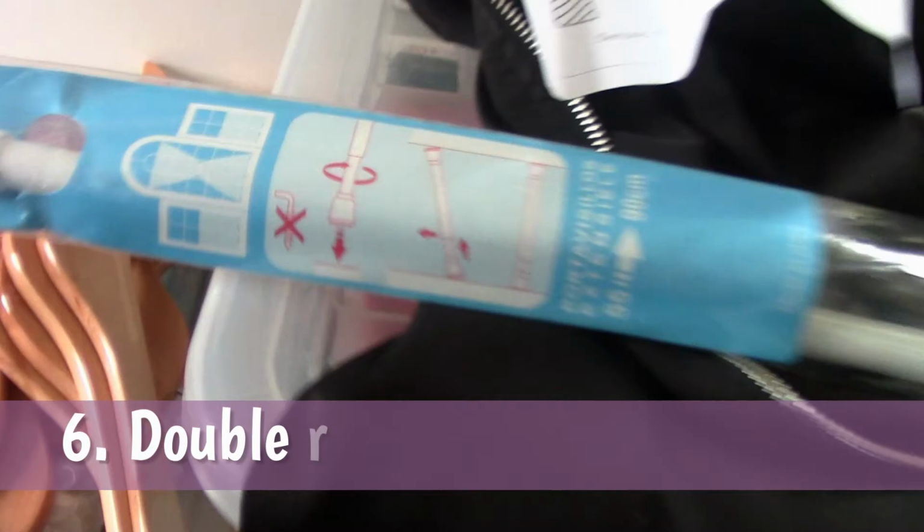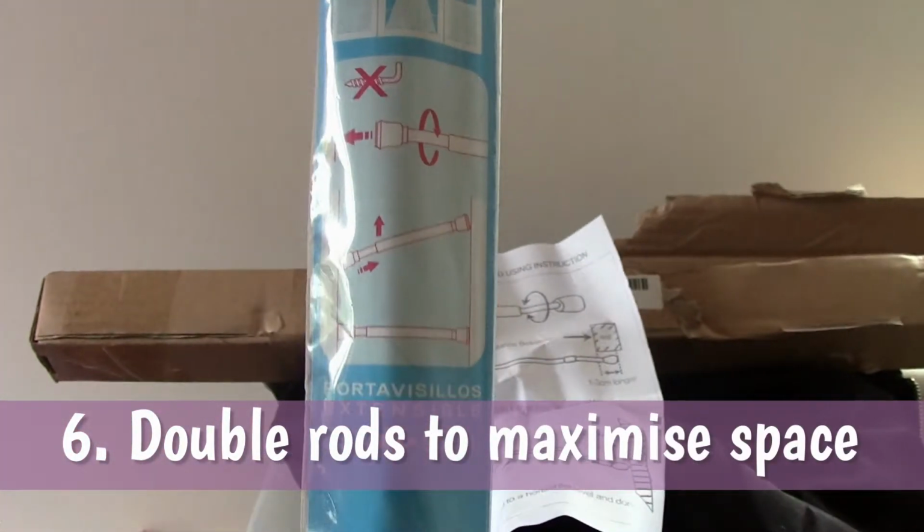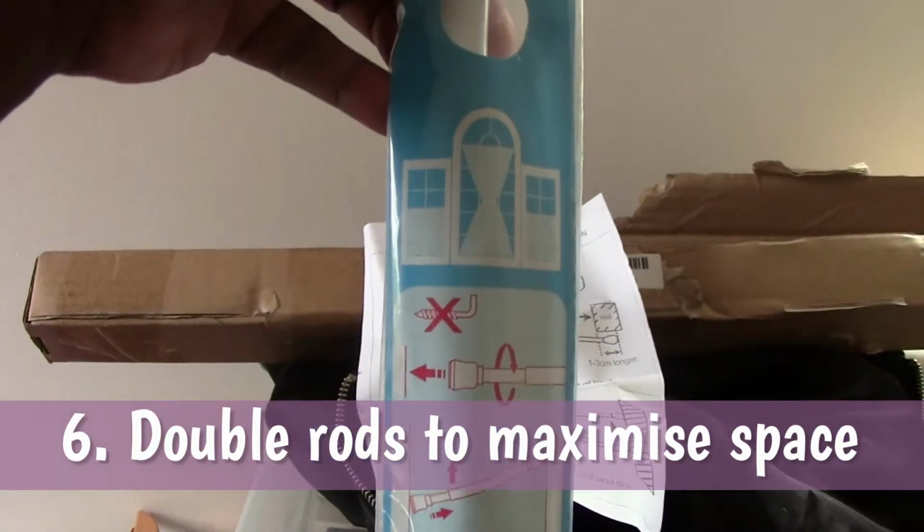So in my wardrobe, I was kind of worried because it only had one single pole in there, so I thought, let me do a double pole in there. So I bought this telescopic curtain rail rod, tension rods, that's the word, tension rod. And I thought, okay, I'll put skirts at the bottom and I'll put long things at the top. And it's very handy because I thought I'm not going to be able to fit all my clothes in a single wardrobe like that, but I've been able to, and I've also put winter things away in my suitcase,